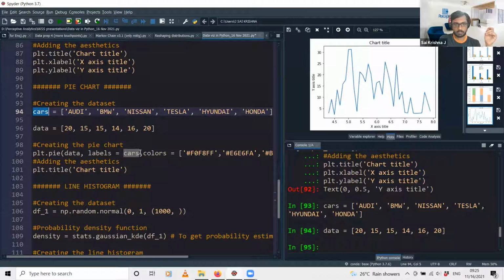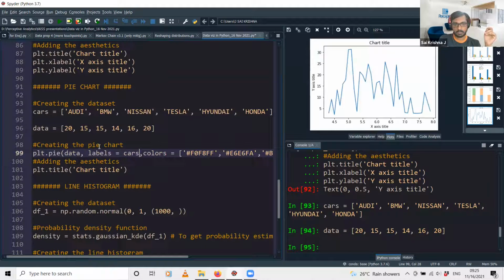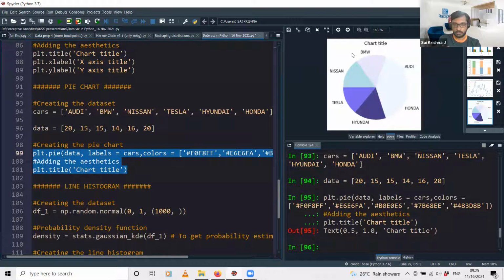So labels equal to cars, and manually you can specify the different colors for the categories. And then we also have a chart title. Now I run this piece of code. Now you can see that we have obtained the pie chart for the sales of different cars.